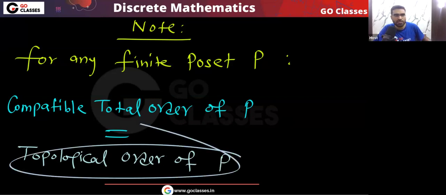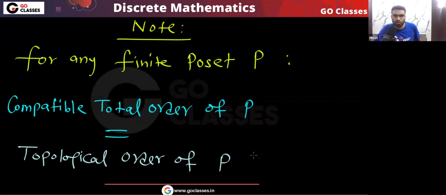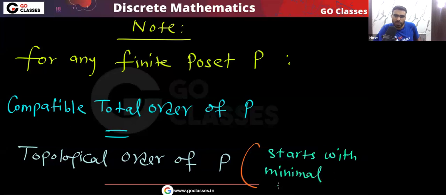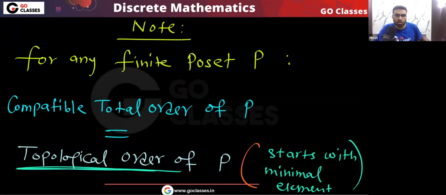Remember, starting with the minimal element, that you all know. It always starts with the minimal element, that we already know. Why do we start with the minimal element? Tell me. The topological order, why does it start